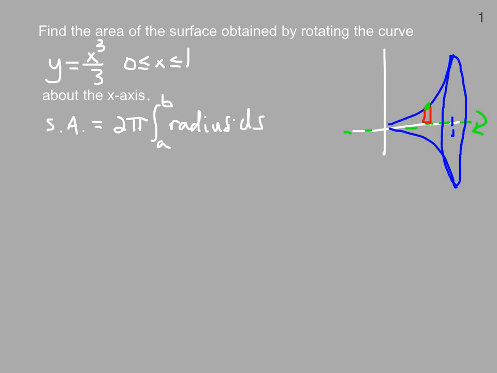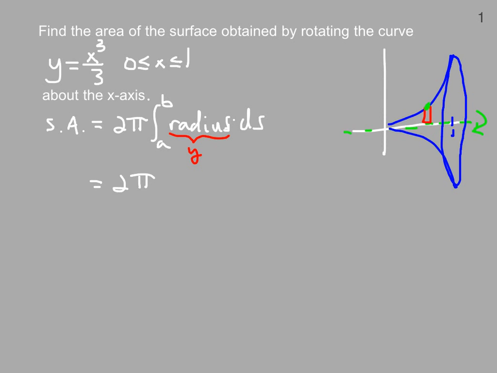Now when you're in terms of x, the radius is that distance up from your axis of rotation. So in this case, we have a radius of y if we're rotating around the x-axis. And we have a choice about how this is done. If we do it as y is a function of x, which is given to us, then it sets up this way,